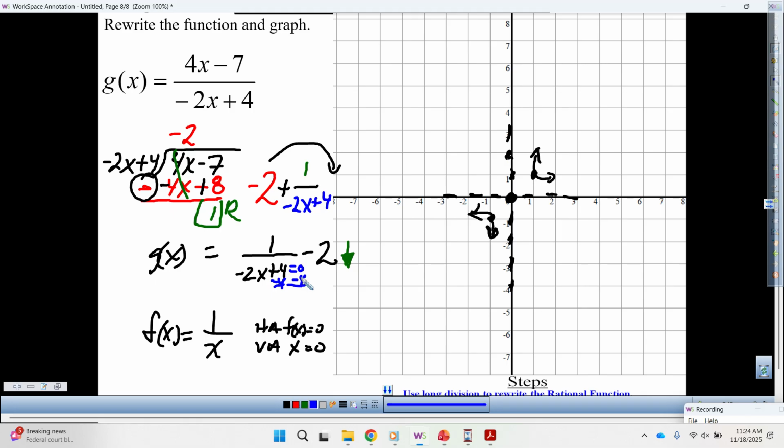Minus 4, minus 4, negative 2x equals negative 4. Divide by negative 2. So x equals 2. So we're going to move it to the right 2 and 2 down. To the right 2 and 2 down. To the right 2, 1, 2, and 2 down. All right. So our new HA, VA,